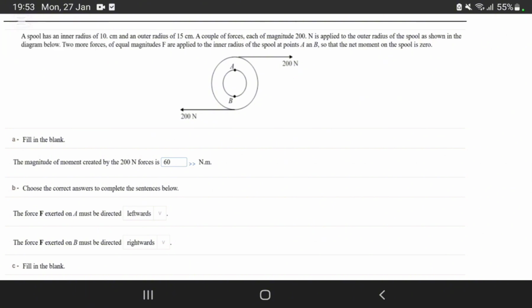Two more forces equal in magnitude F are applied to the inner radius, so that the net moment is 0. The magnitude of the moment created by the